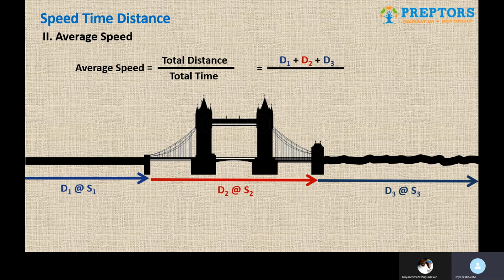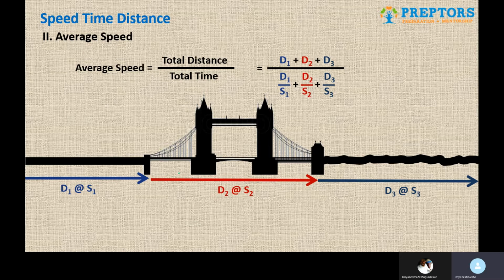We will have the total distance, and total time they have not given, but you know the formula for speed, which is distance upon time. So time becomes distance upon speed, and for all the individual journeys we have the distances, we have the speeds. So all we have to do is divide the individual distances with their respective speeds so as to get the individual times. So when we do d1 upon s1, we'll get the time t1 for the first journey.